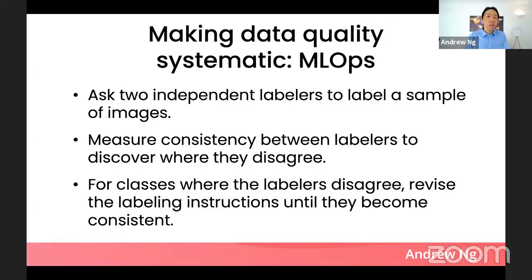and then quantitatively measure consistency between labelers to discover where they agree or disagree. And it turns out in problems with a lot of classes, it's actually not easy to find the one class out of the 39 classes where they disagree to fix that, which is why having tools and metrics to focus your attention on the right parts of inconsistency turns out to accelerate machine learning development. And then for classes or the categories of data where the labelers disagree, revise the labeling instruction until they become